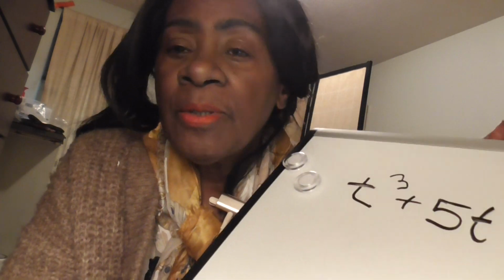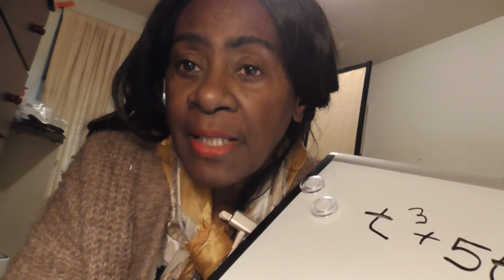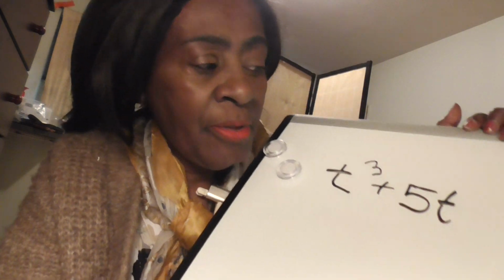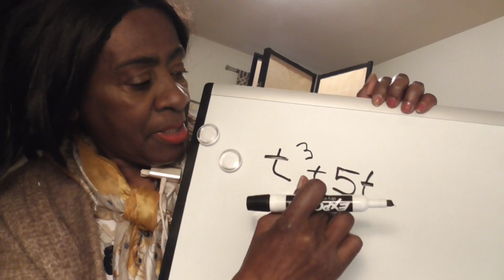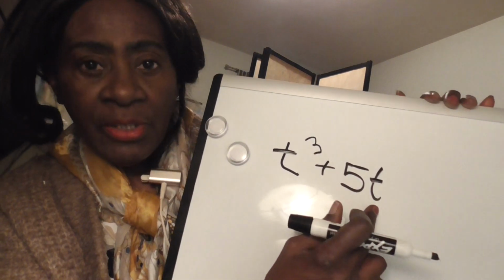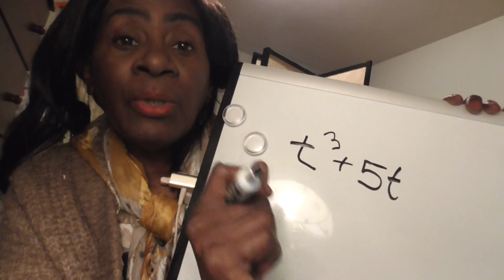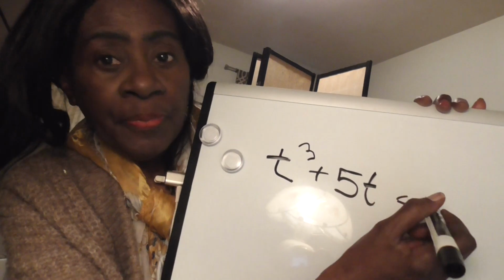So instead of writing 5 x t to multiply, and say that 5 times t equals a number that we don't know, we just put it together like this. In algebra, we know that. So t to the third plus 5t, which is 5 times an unknown number, equals